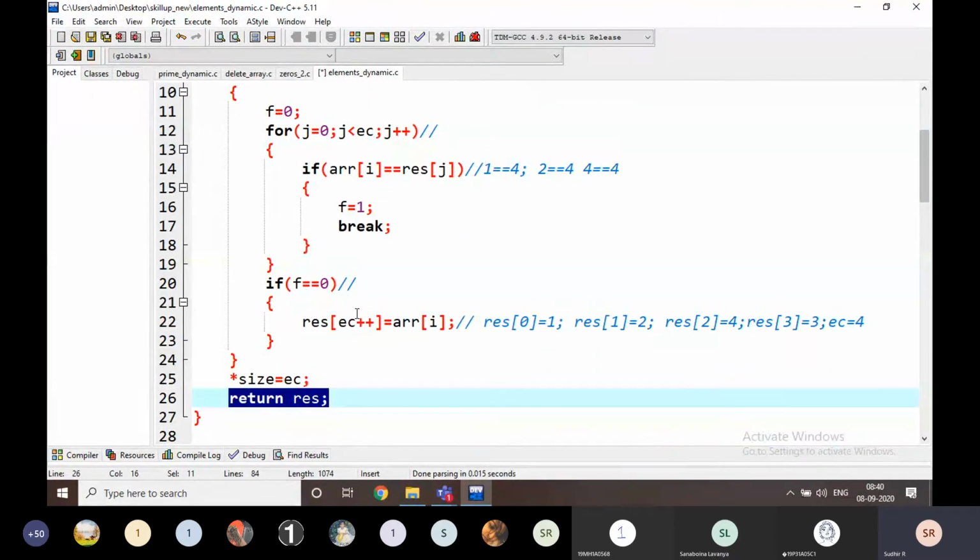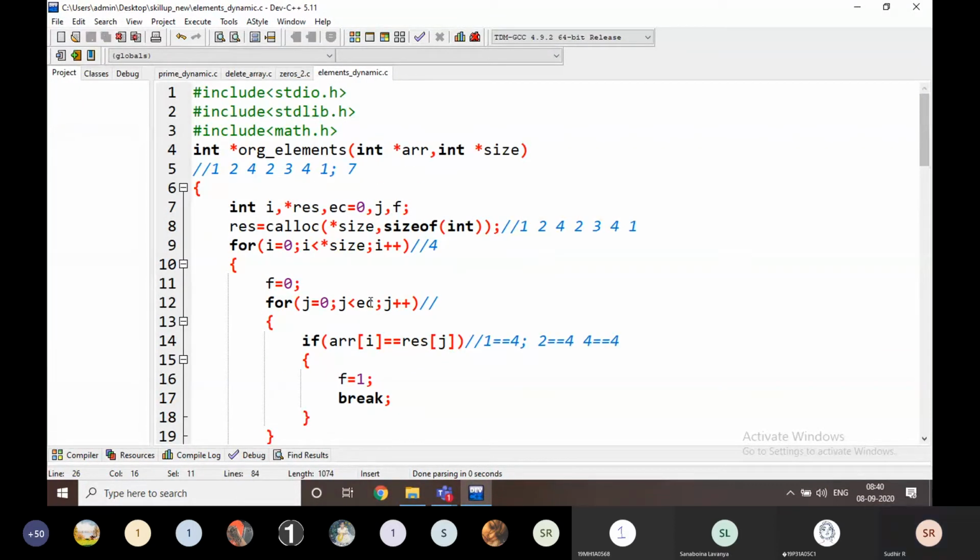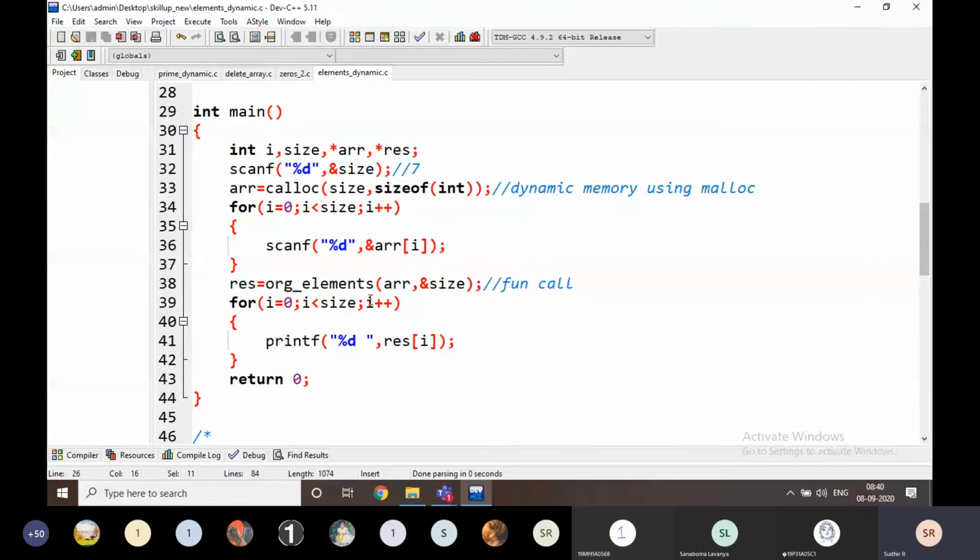Just note down this. This is the program, and one more.